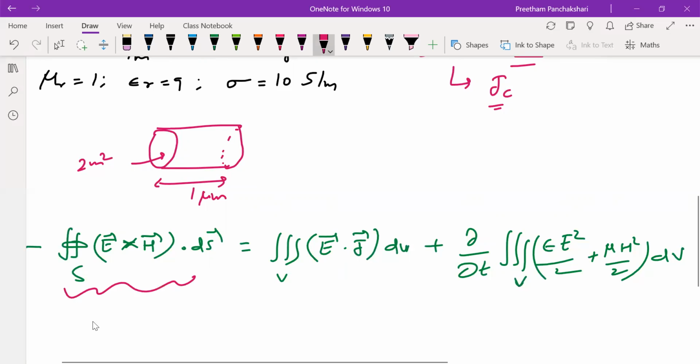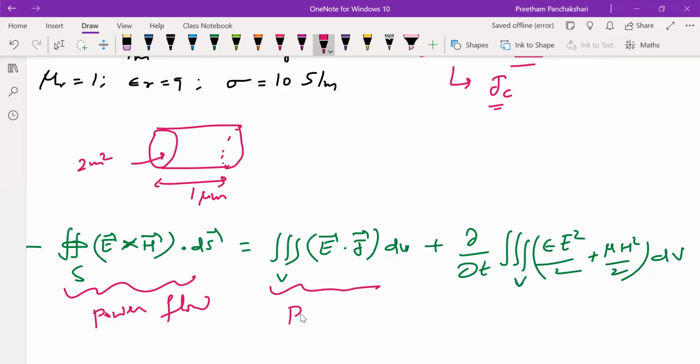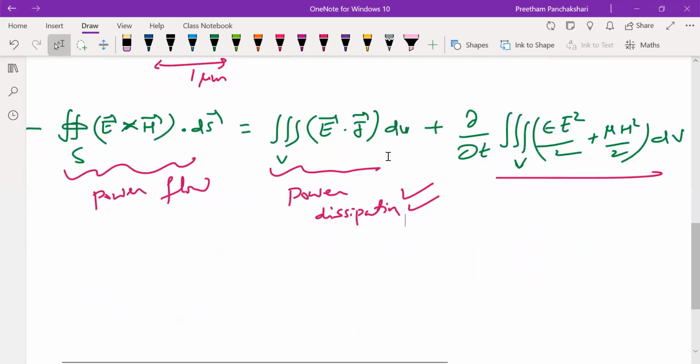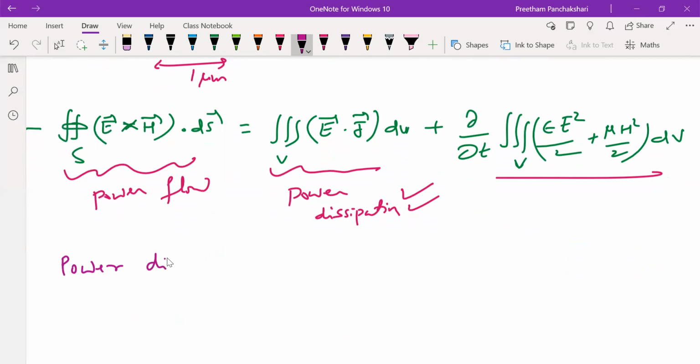The first term represents power flow into a volume or out of a volume. Minus indicates into the volume. And this is the power dissipation, or power loss. And this is the change in the value of energy stored with respect to time. So what is required for this particular problem is power dissipation. So we shall take out that term: power dissipated